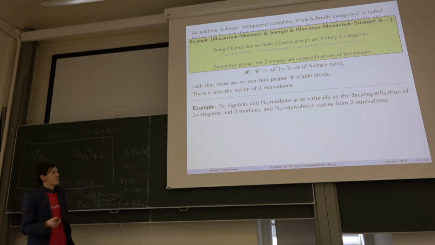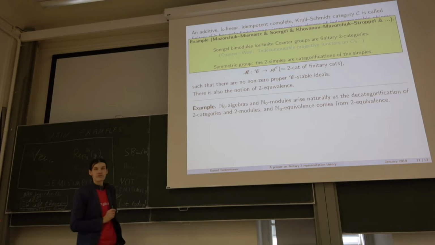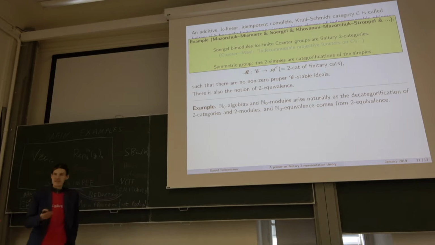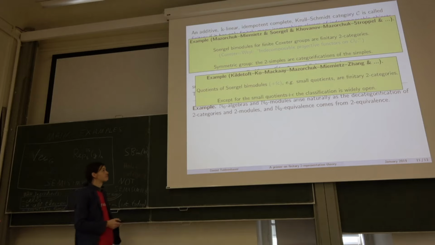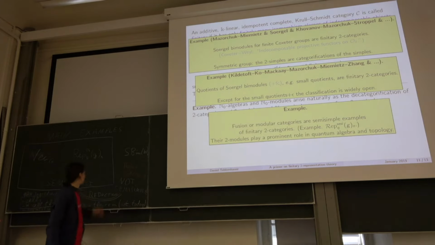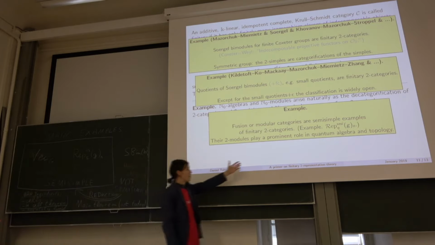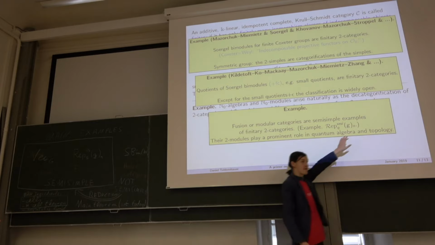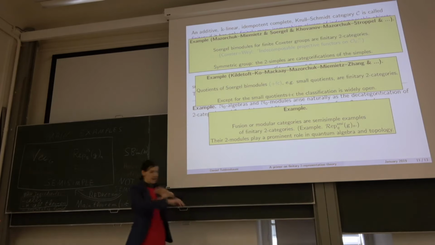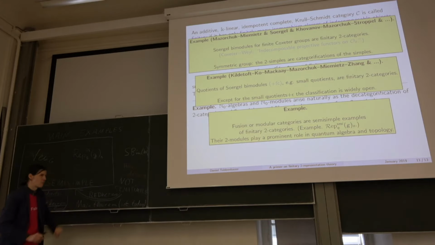Another example is, of course, Soergel bimodules. The 2-simples are super complicated, except in the symmetric group case, where the 2-simples are just the categorification of the simple modules. And you can play funny tricks, like you can take quotients here, certain quotients. Still, everything is widely open. And of course, this case, which fits nicely into this pattern. And yeah, again, for most groups, this is again semi-simple, so you know that there are finitely many. The classification is widely open. Not widely open. You can ask me later. It's not widely open, but it's open.